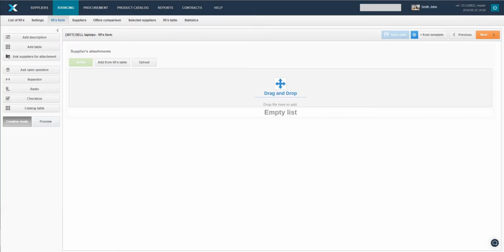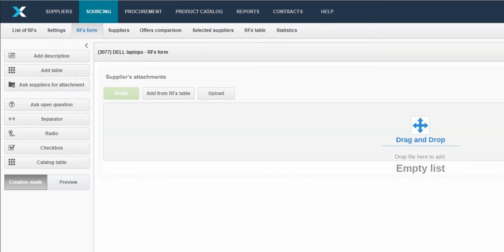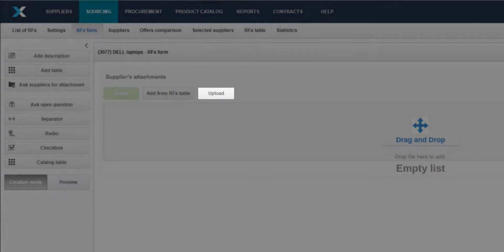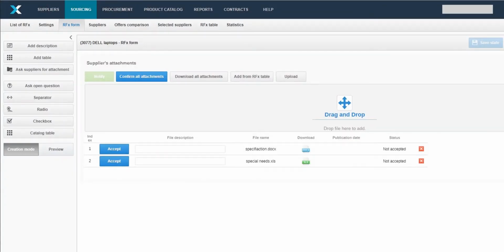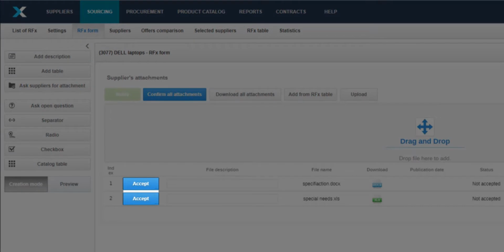This section allows you to create the RFX form that allows suppliers to submit an offer. You can add attachments to your form, for example with the technical requirements of terms of cooperation. You can do it in two ways: click Upload button or use the drag and drop function. Remember to make the attachments visible for suppliers by clicking the Publish All Attachments or Publish button visible next to